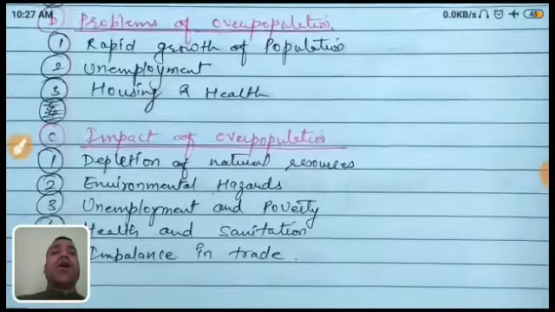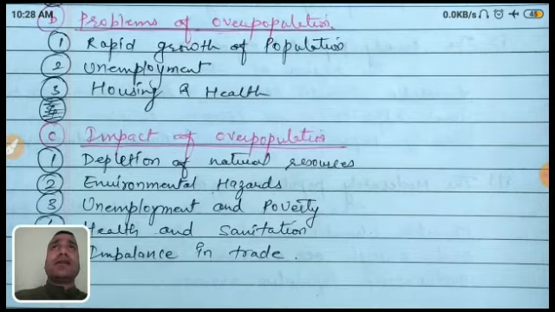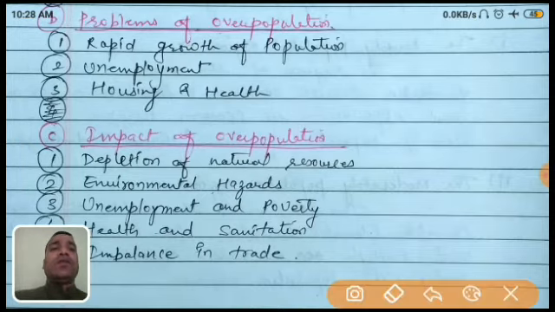Next is the problem of overpopulation. If the population is increased, what are the problems? Again I am telling you, this is a general thing. If you just look at your surroundings, you can easily get so many answers. And one more thing, whatever points I am giving, it does not mean you have to write the same. You can guess on your own also, but these are examples. If you think about your surroundings, definitely you can get answers very easily, and you have to elaborate on the points.